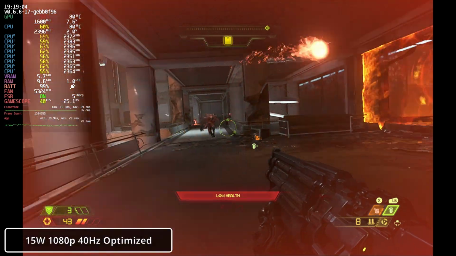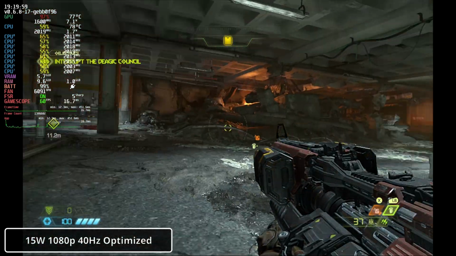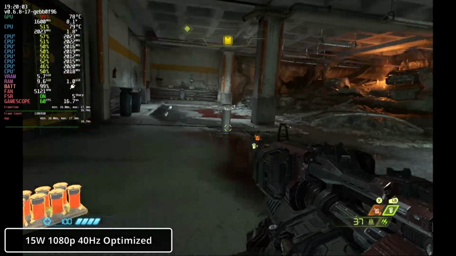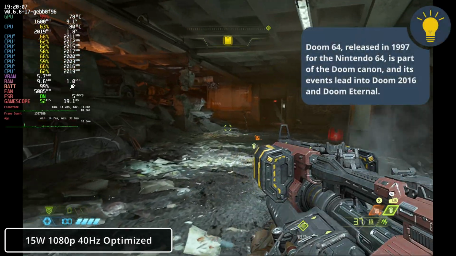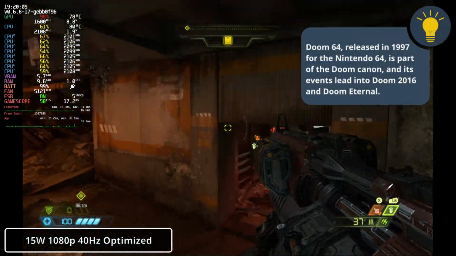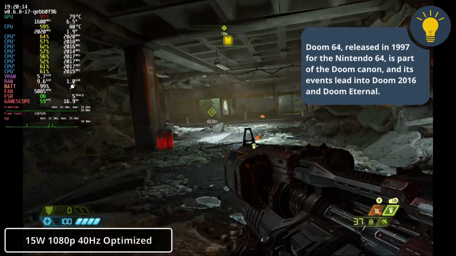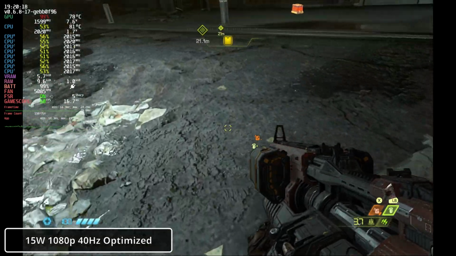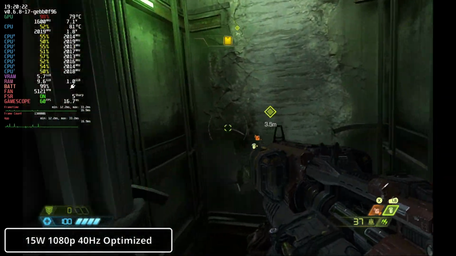So now I'm gonna move on to an area that isn't as demanding. So there isn't much going on in this area, but hey, you're not gonna be all the time slaying demons in this game. You also need to move around the map, which is a bit unrealistic. I mean, the moment we encounter an enemy, they're probably gonna go down to 50s, 40s, or whatever. But right now, very smooth. And the Steam Deck isn't getting hot or anything, so it would be perfect if we could have these FPS